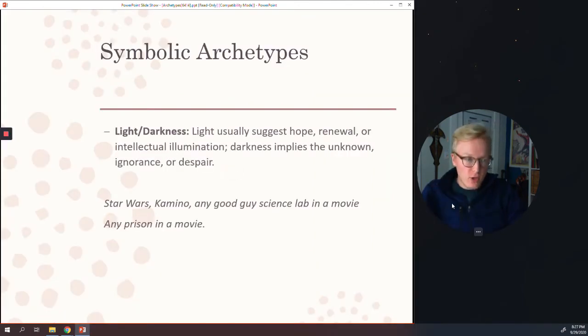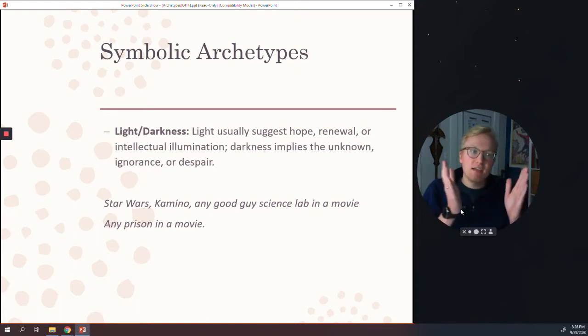So the first and most obvious, right? Light and darkness. Light usually suggests hope, renewal, or intellectual illumination. Darkness implies the unknown, ignorance, or despair. So, light side and dark side of Jedi and Sith, right? Intellectual illumination is an interesting part here. So that means like any